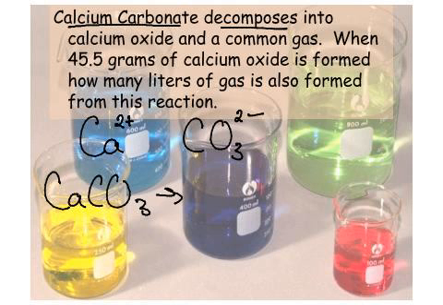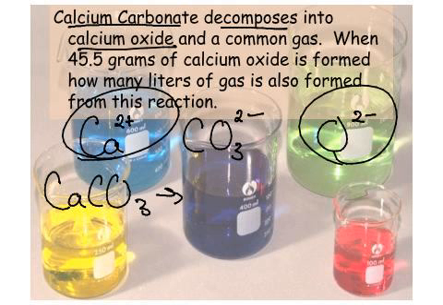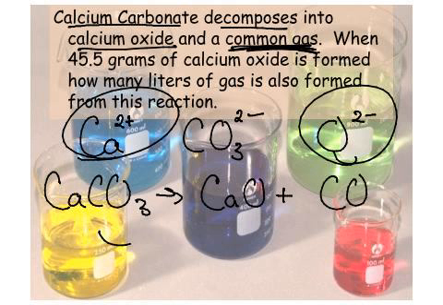So that's CaCO3, and it decomposes into calcium oxide. Now I know the charge of calcium is 2 positive, oxide is 2 negative. When we put those together, that's simply CaO. Positive 2 and negative 2 add up to 0, plus a common gas. Well, I see some carbonate there, which is CO3. I know that there's a pretty common gas that looks like CO2. And that would be the answer, carbon dioxide. And folks, I'm not going to spend too much time, but this is already balanced.